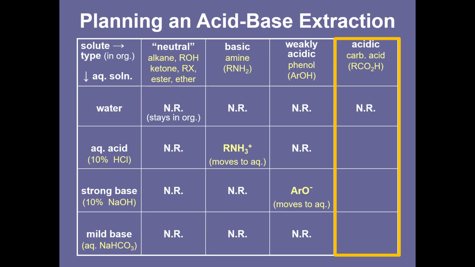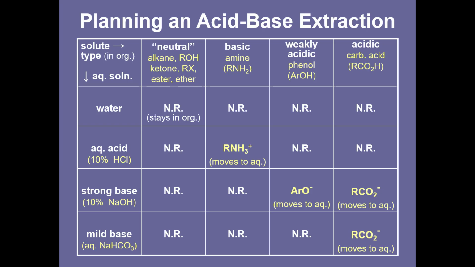Lastly, carboxylic acids do not react with the acidic 10% HCl solution, but are readily deprotonated by any basic solution. Both sodium hydroxide and sodium bicarbonate are strong enough to deprotonate a carboxylic acid to form a water-soluble carboxylate anion. So if a mixture contained every type of solute, it's possible to isolate all 4 components with the proper acid-base